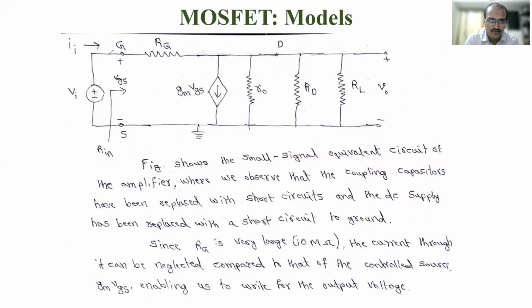So what was your circuit? So this comes, right? Gate, then this is the drain side, and this is the source side. So if you see the equivalent model, at the gate side you have VGS, only VGS. This is the MOSFET equivalent model, and this is the GM into VGS, and this is the R0. This you have seen in earlier case. So this is the MOSFET model.